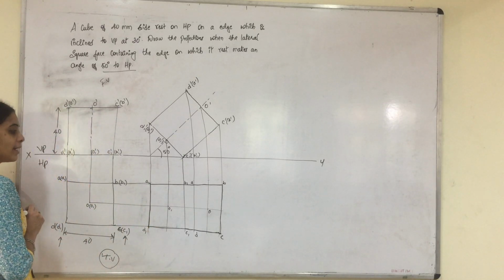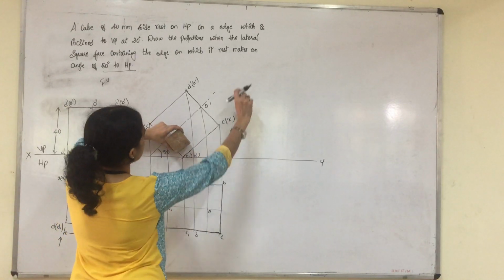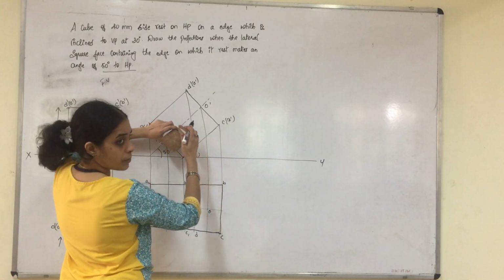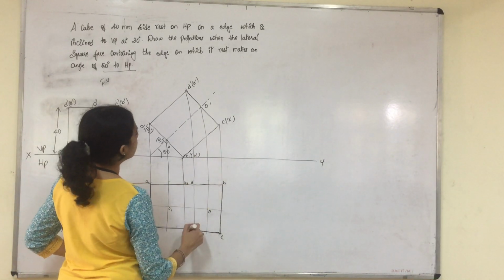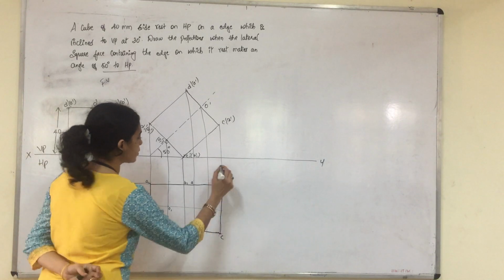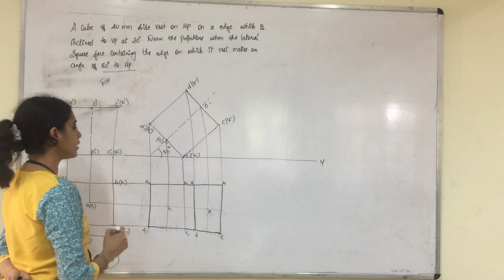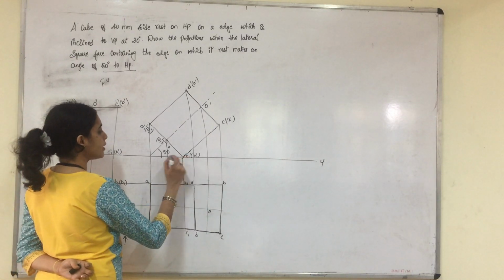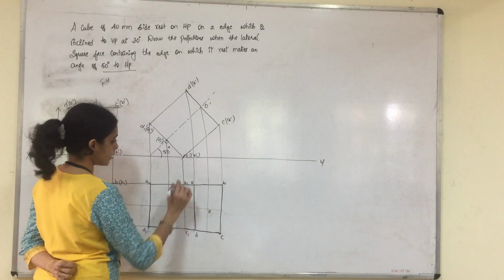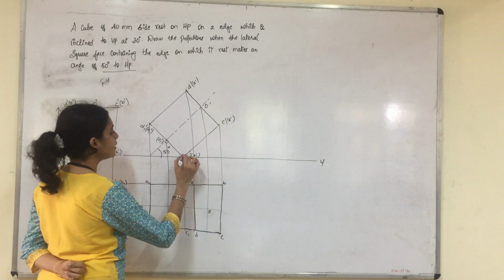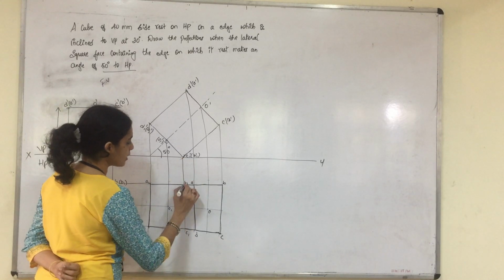A1 to C1, right? So when the observer views from here, when the axis has been inclined, when the observer views from here, the top surface will be visible totally. So you will draw the top surface, okay? Join it. Similarly, you have the corner here on XY line, and hence the projection passing through this corner will be hidden. So when the corner is on XY line, the projection coming through that corner will be always hidden line. So change that to